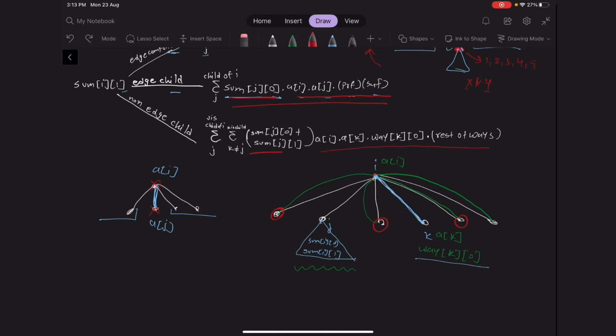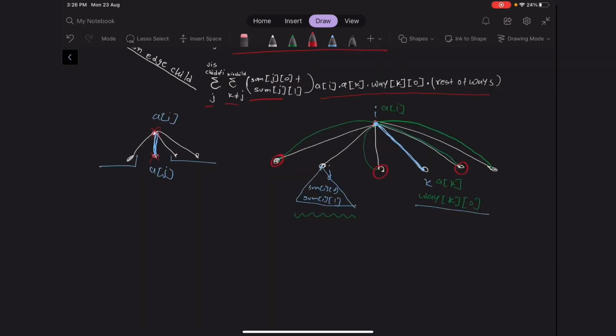So we will iterate over all the j nodes such that j is some child of i, and after that we will iterate over all the children of i such that they are not equal to j, and we will take their sum. So this was a non-trivial problem on a tree, and we have solved this problem in a bottom-up fashion. To compute the results of any node, we have to first solve the problem for each of its children. So now we will use DFS to solve this problem.